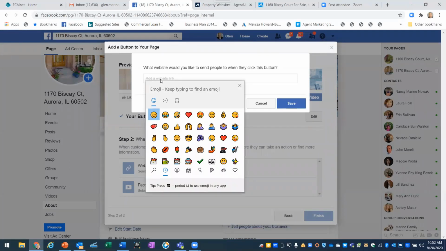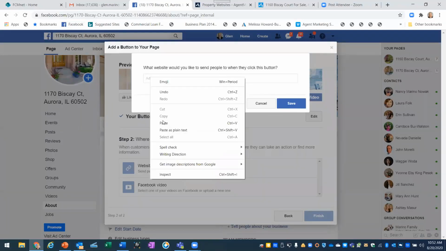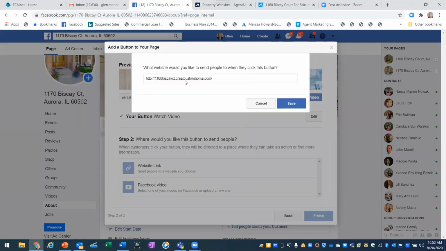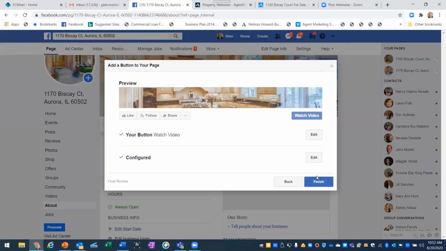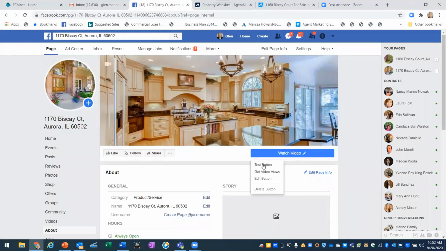And paste. And there's your HTTP 1160 Biscay Court, great custom home, and hit save. And once you do that, click finish. And now your button doesn't say add a button, it says watch a video. And now in the administrative mode, you can hit test button. The public doesn't see this, but because you're the administrator, remember you're creating this in your Facebook page, so you're the administrator. So when you all of a sudden now click test button,